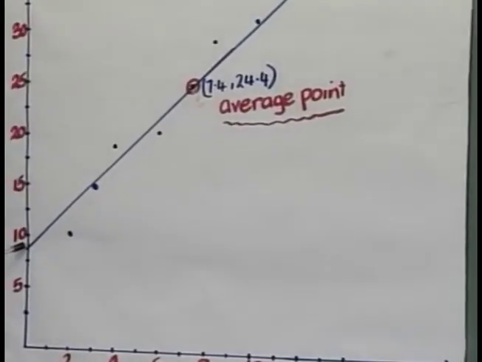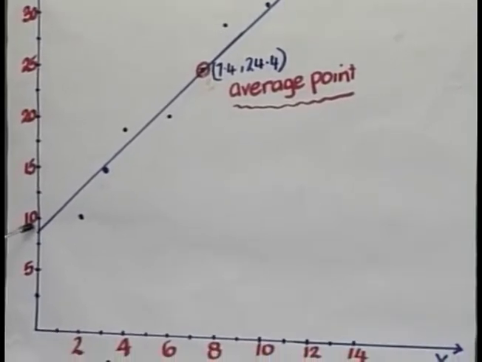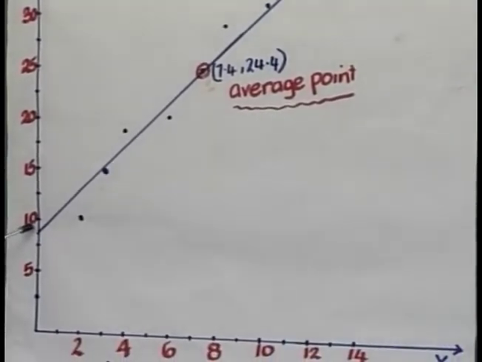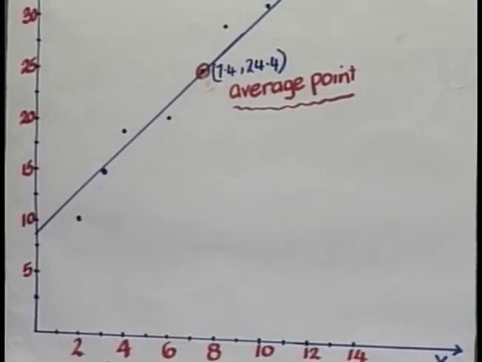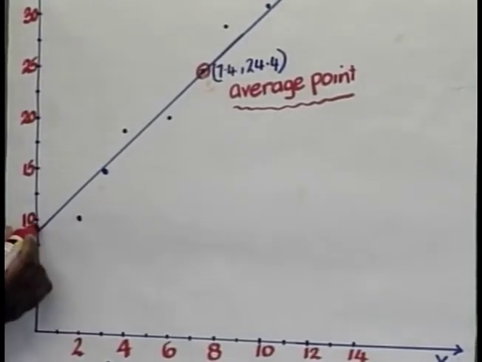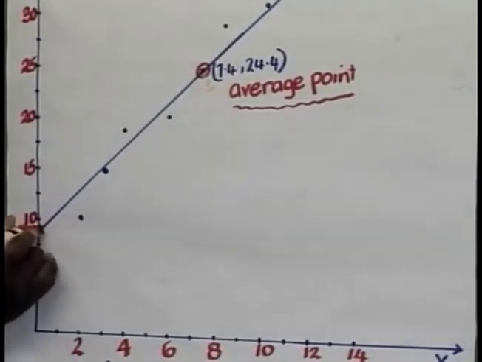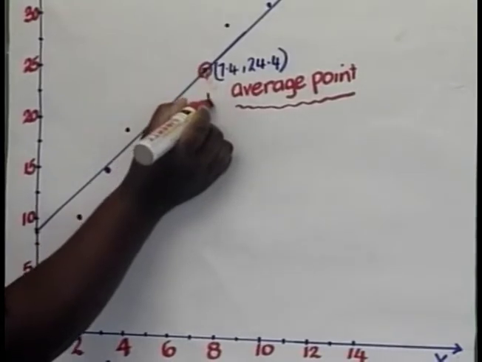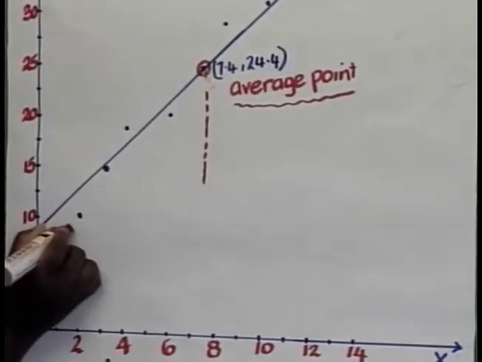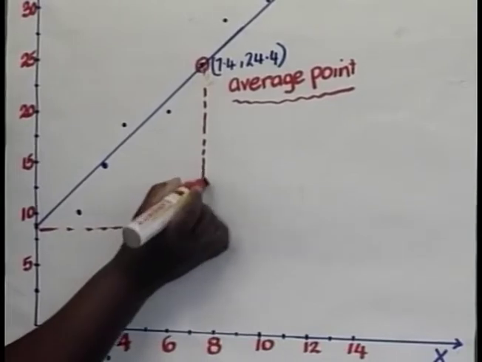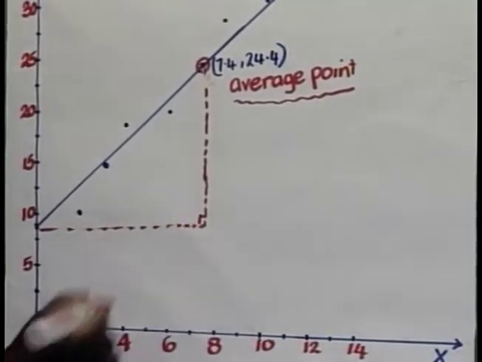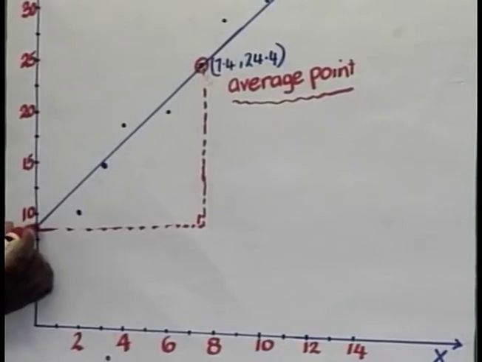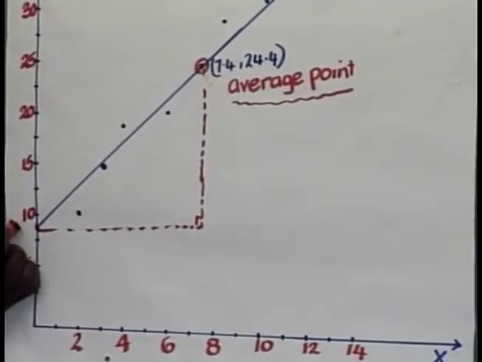So don't choose any points on the table of values unless that point is on the line. You just choose 2 points that are on the line. Usually you should be doing this on graph paper so you know exactly what your intervals are. And then I draw a right angle triangle. If this point is 8.25,